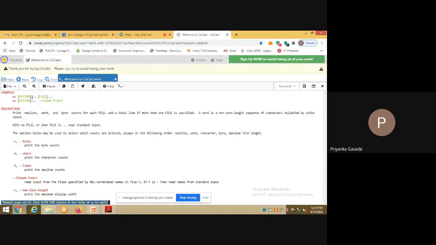So when I say WC doesn't accept the files as the arguments, I mean that it is going to work directly onto the input string that you have fed through the standard input, right? That is, if you give WC followed by some statements, it will directly count how many words exist in the line there. Okay.